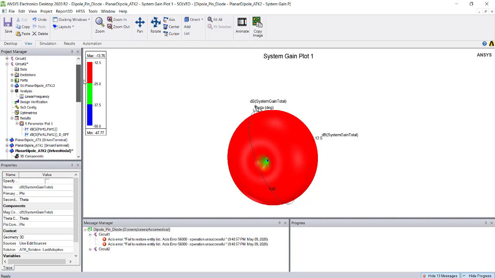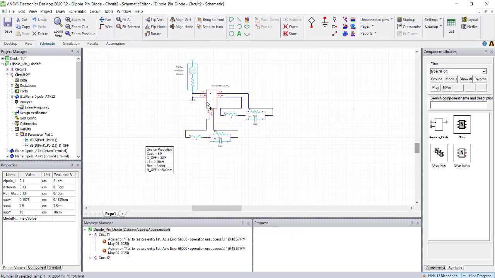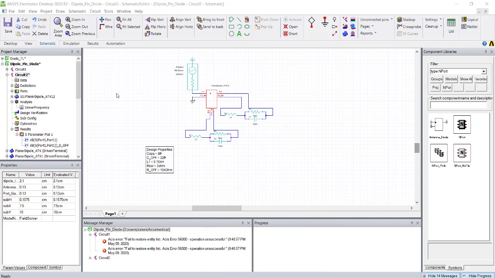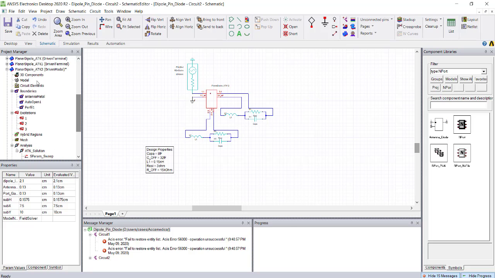Now we are going to do the push excitation for the diode on case. Click OK. You will see that when the switching happens, the gain also gets updated automatically in the HFSS simulation.